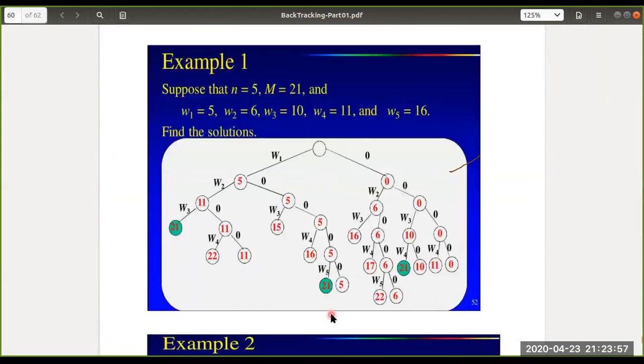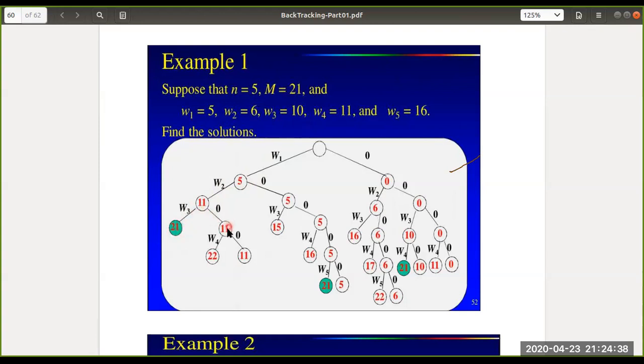Another example, another way of constructing the state space tree. Instead of taking SKR values, here I take only the s value. From the first level to the second level, I add the first item weight. Left side means adding. Again on the left side it is 5 plus 6, that is 11. If I consider the third item weight, I add 10 also: 11 plus 10 is 21. Yes, 21 is equal to m. So here I stop, the solution is found.